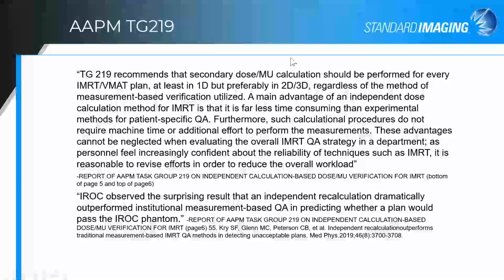And then perhaps one has been using a 1D, which is still fine, but preferably a 2D or 3D algorithm. And there are some advantages to an independent dose calculation method because it's less time-consuming than setting up a phantom. Such calculations don't require machine time or all of the efforts associated with